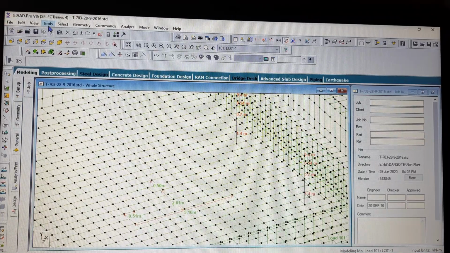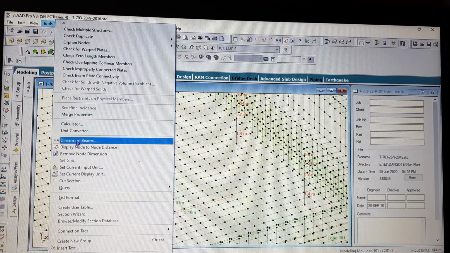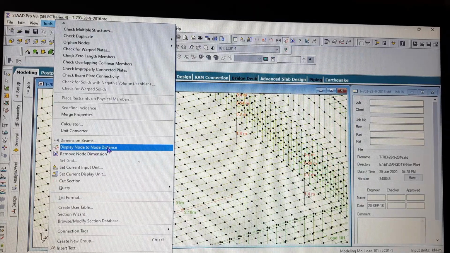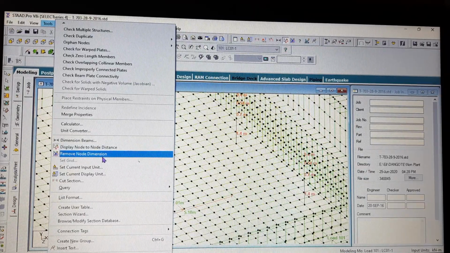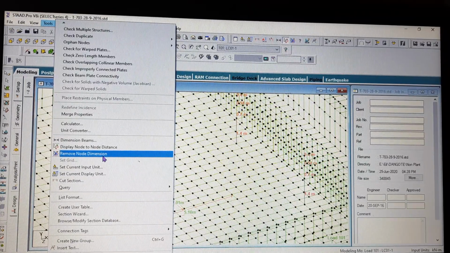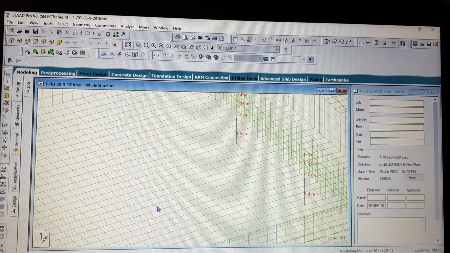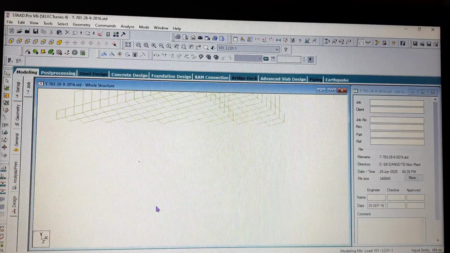And if you want to remove them, previously this functionality was inactivated because there was no dimension, so it was inactivated. Right now, the remove node dimension was deactivated. Now as I have given or shown dimensions in my structure, this button has been activated. If you click on this button, all the dimensions you have measured in your structure will be gone. Say I am clicking this remove node button, all the node dimensions will be gone. So this is the functionality of this remove node button.